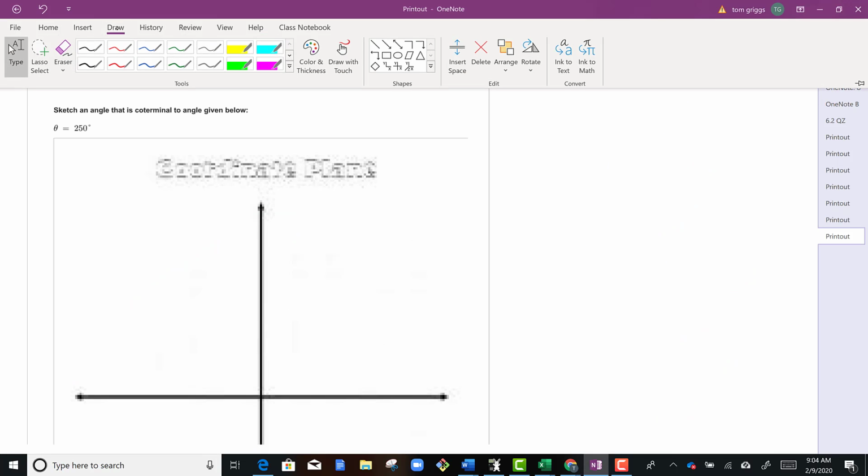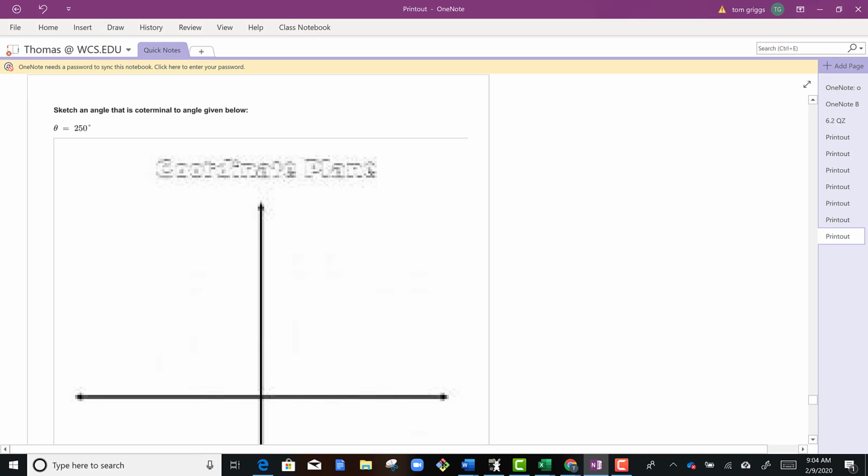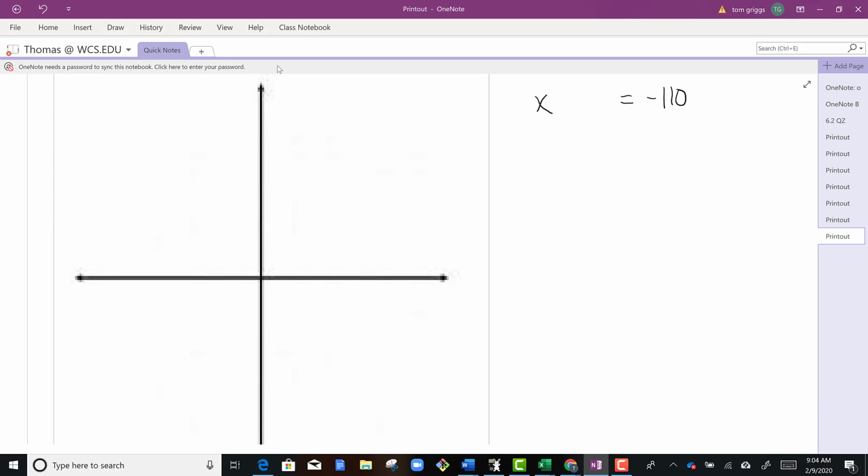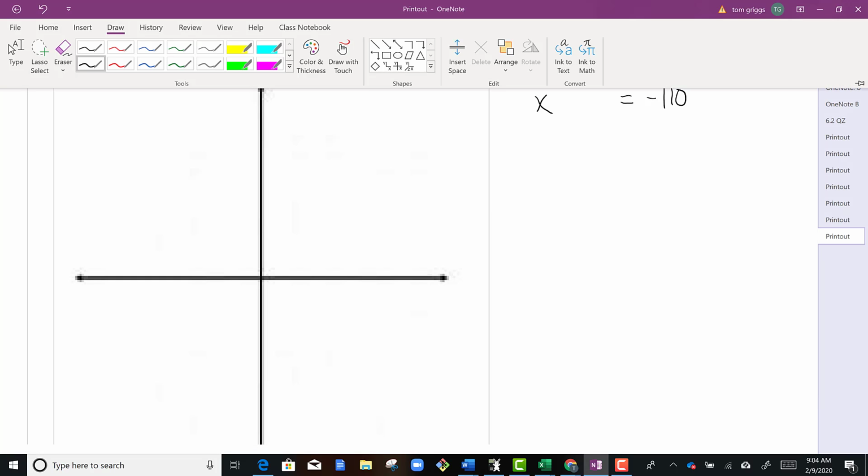All right, and then finally draw an angle that's coterminal to 250. So that means the absolute value of the coterminal angle, we'll call it x, has to add to 250 together to give us 360. We subtract 250 from both sides, we get 110. But we know we need the angle to be negative. Again, how do we know that? The angle they gave us was positive, so that means it's going counterclockwise. So the other angle has to be coming the other direction, it has to be going clockwise. So negative 110,